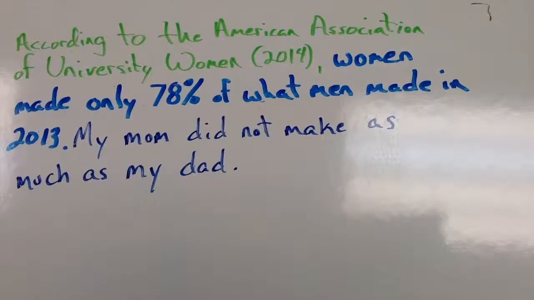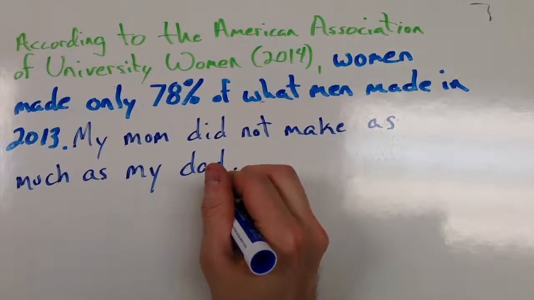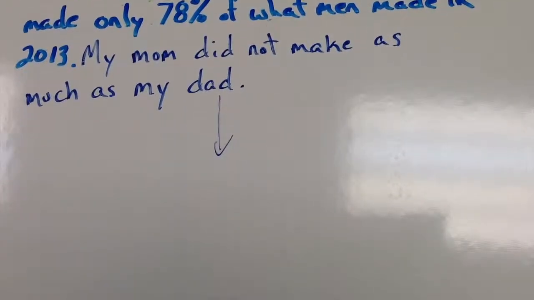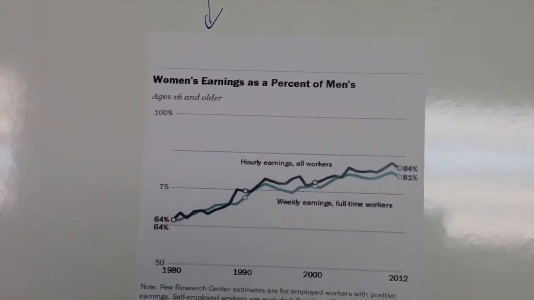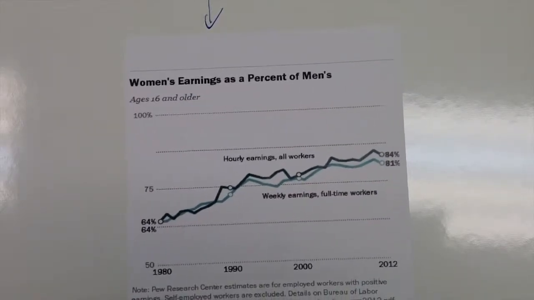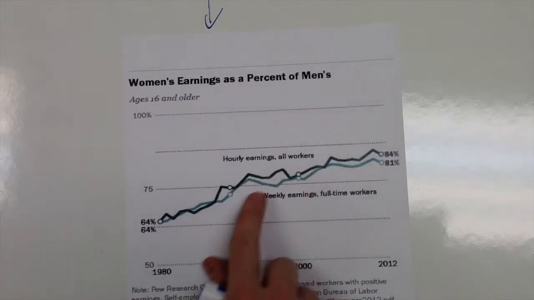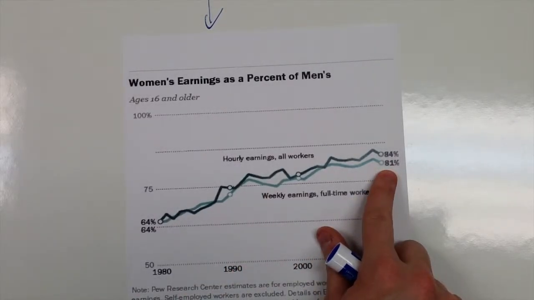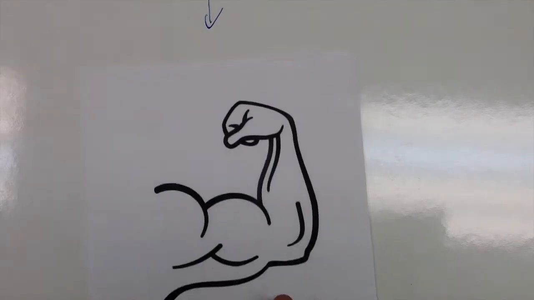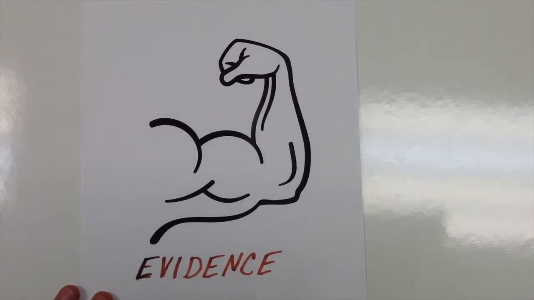So that moves us on to step 3, which is taking a look at other sources. And so we're going to go ahead and take a look at what would be another source that we could use to back up our claim here, or perhaps add a little bit more specificity to what we were doing. So I found another chart. This one takes a look at women's earnings as a percentage of men's based off of their hourly and weekly earnings as well. And you'll notice we got some different numbers there. So let's take a look at how we can increase the strength of our evidence by incorporating this other source.